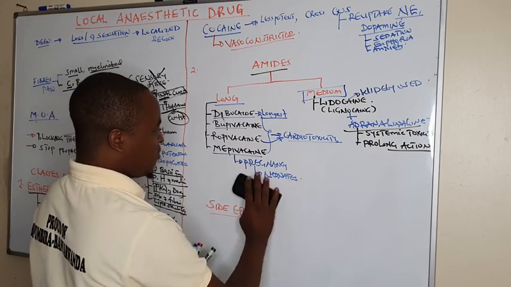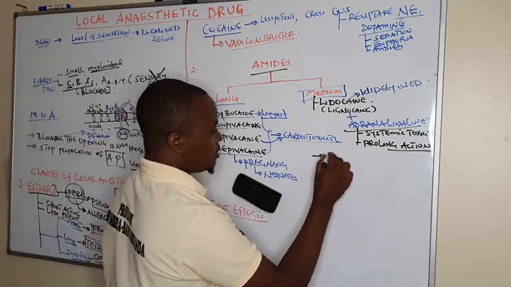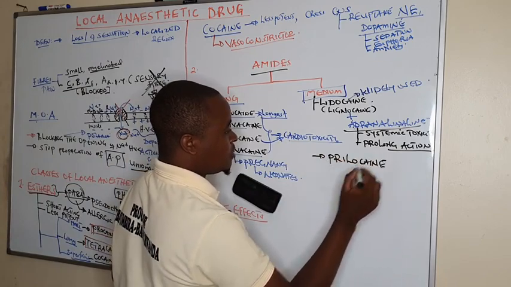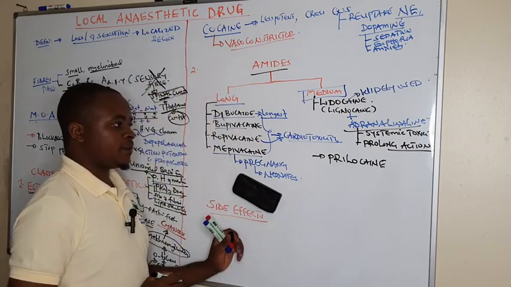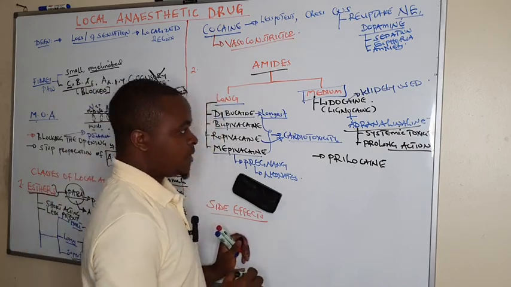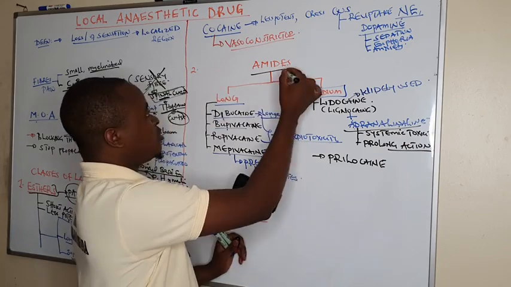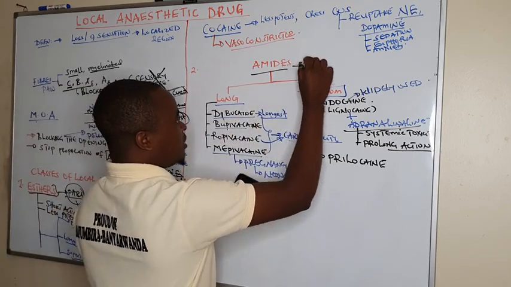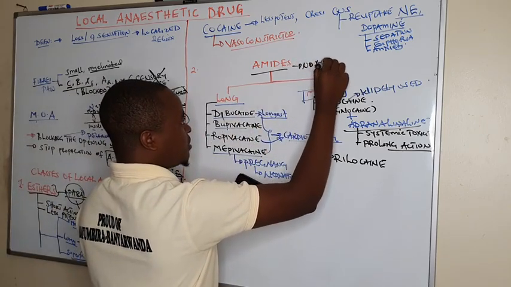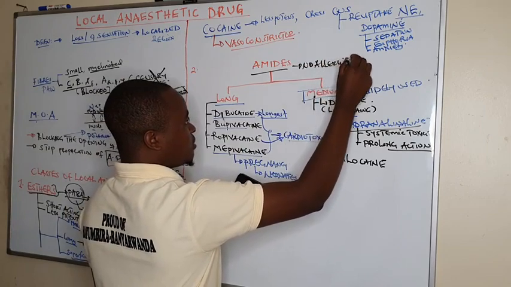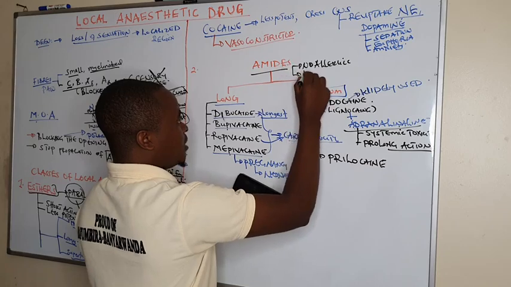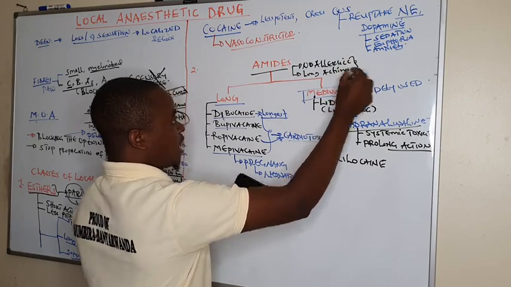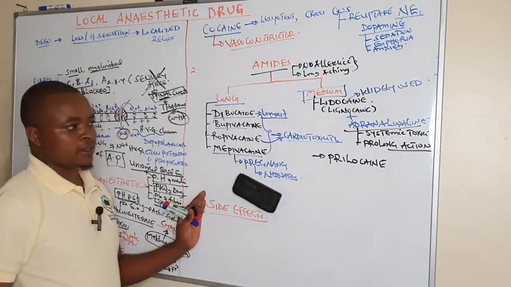Then another drug here we can list is prilocaine, and this prilocaine is part of the amides. And these amides, what I never told you, these ones cause allergic reactions, but no allergic reactions are caused by amides. And these ones are long acting because they are not metabolized by pseudocholinesterase. So